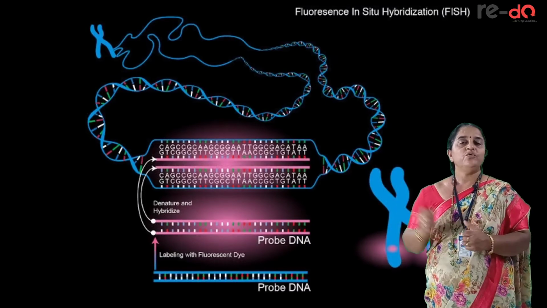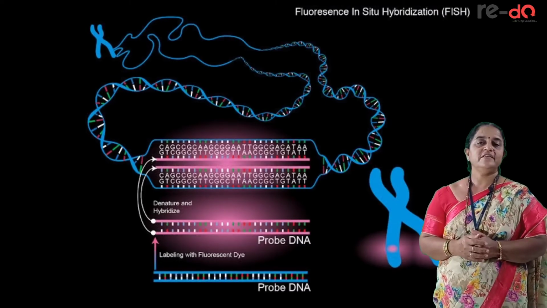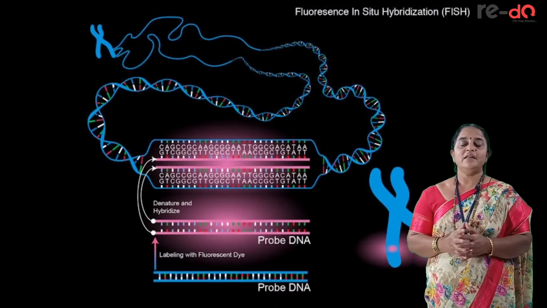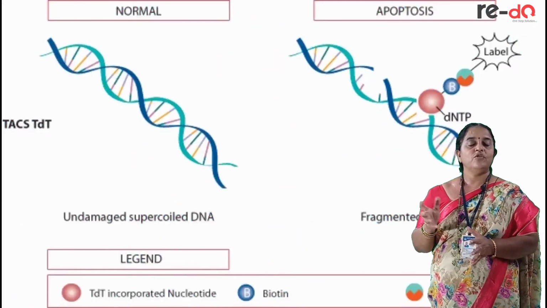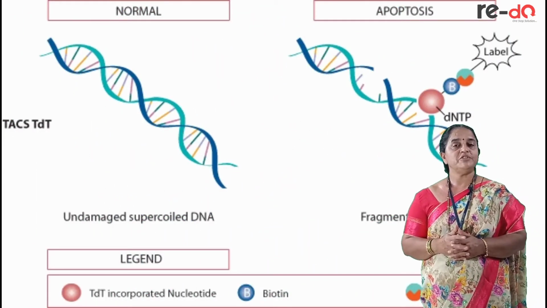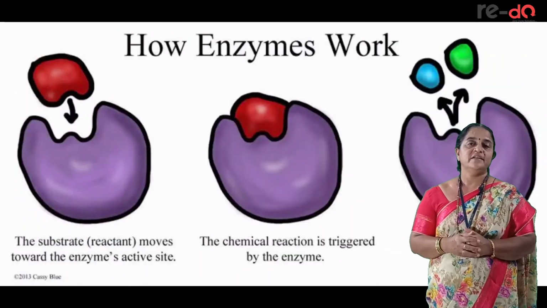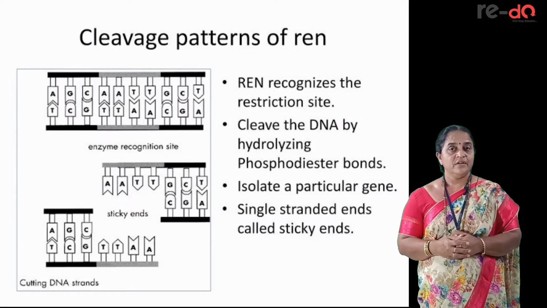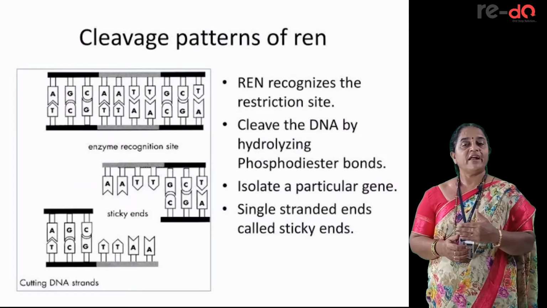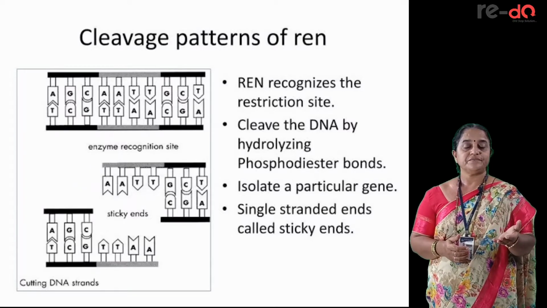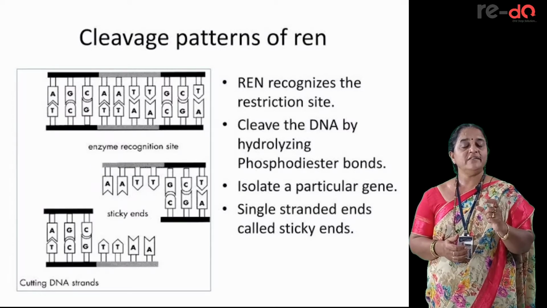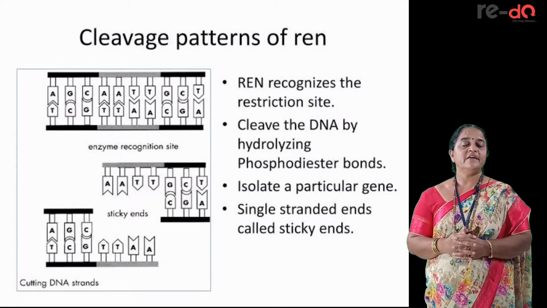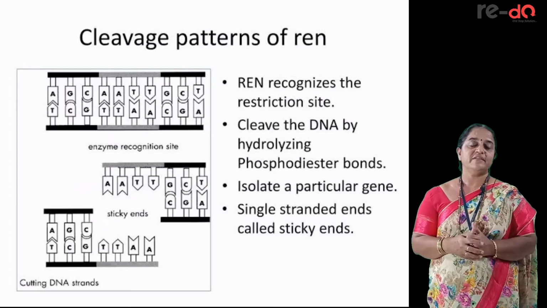So what they did, they used a molecular scissor. Scissors are for cutting or cleaving. Now this scissor is not a mechanical device, it is a chemical, a so-called enzyme. The enzyme which will cleave the DNA at restricted sites is restriction endonuclease, abbreviated as REN. So the extracted DNA is fragmented using RENs. There are specific RENs which recognize specific sites, so a special kind of REN is used to restrict the DNA into fragments.